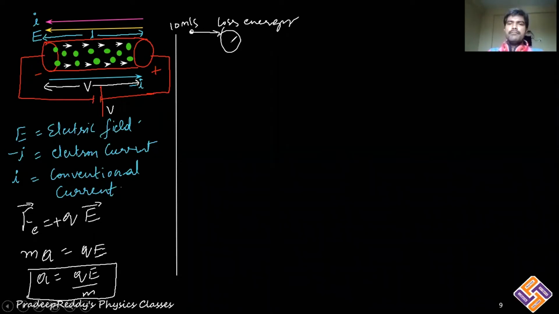As a result, from collision theory we can learn that the electron loses all its energy to the ion. The ion absorbs that energy and then releases it, and that released energy is in the form of heat. Therefore, when electron charge is transferred within the conductor, it will also produce heat energy. That is the heating effect of electric current, which will be discussed in the next slides of this chapter. Now 10 meters per second, when it hits the ion, becomes 0 meters per second, but this is under the presence of an electric field.